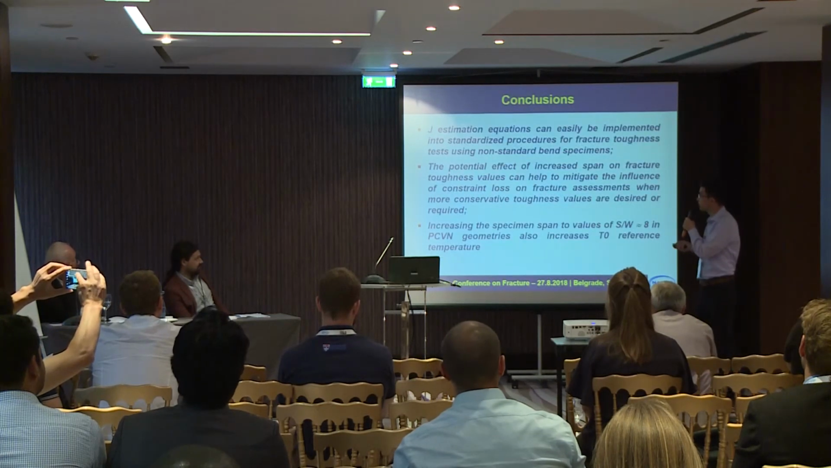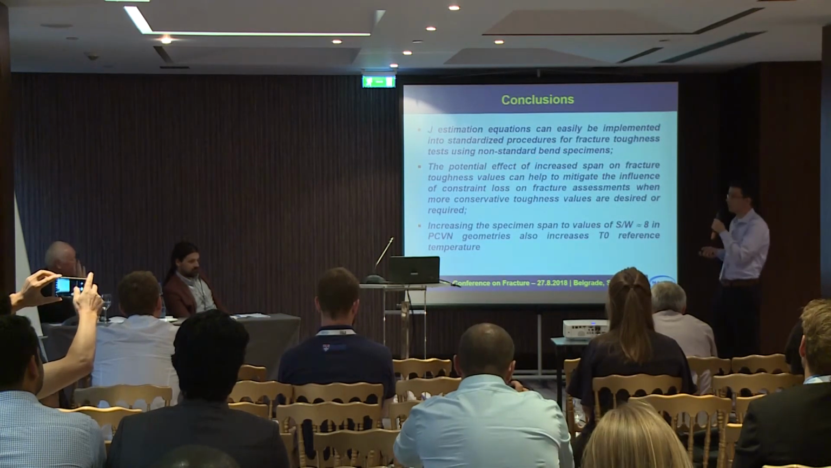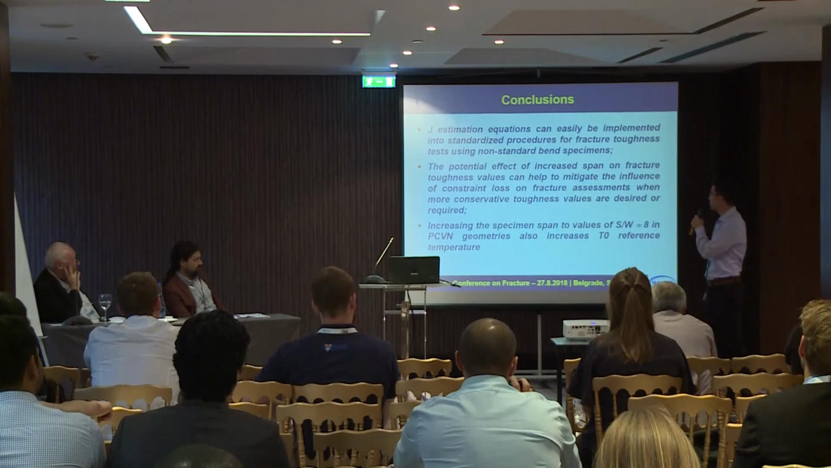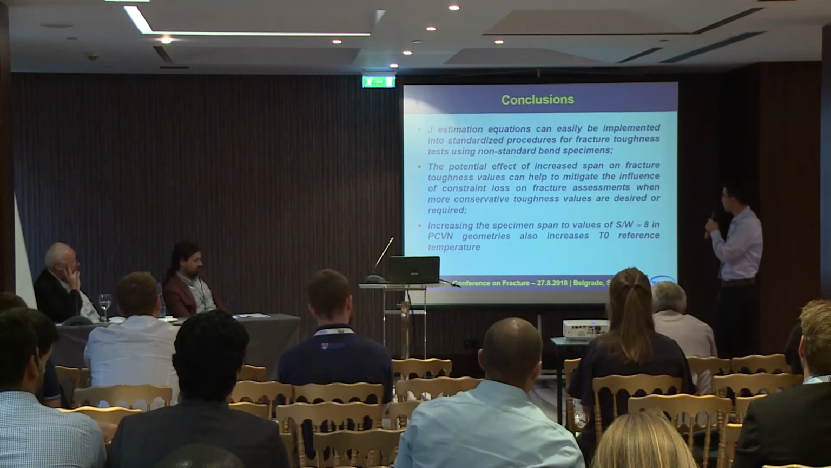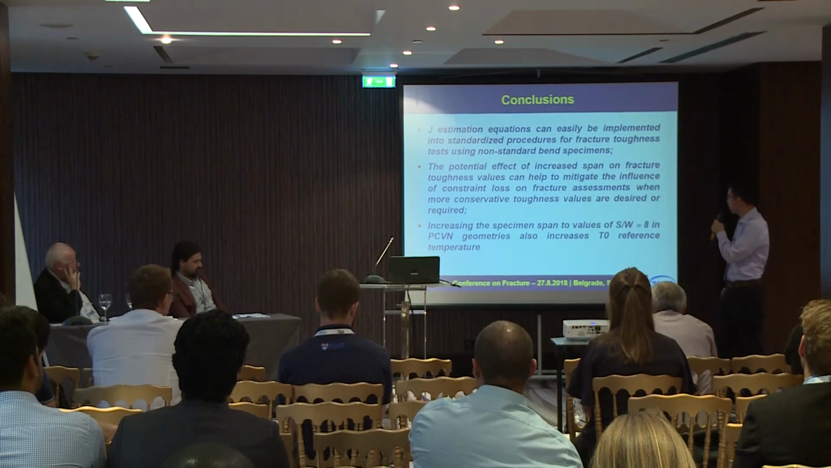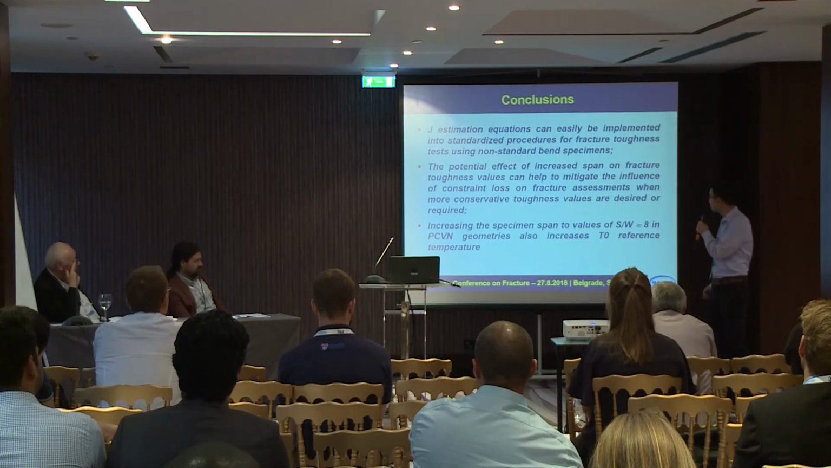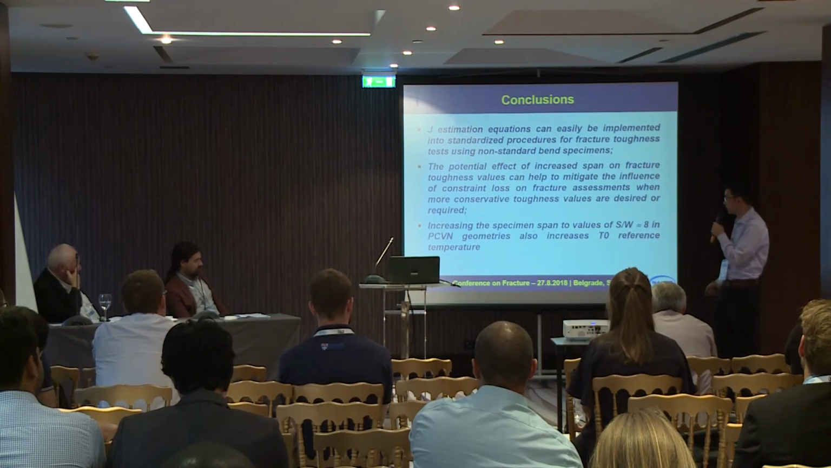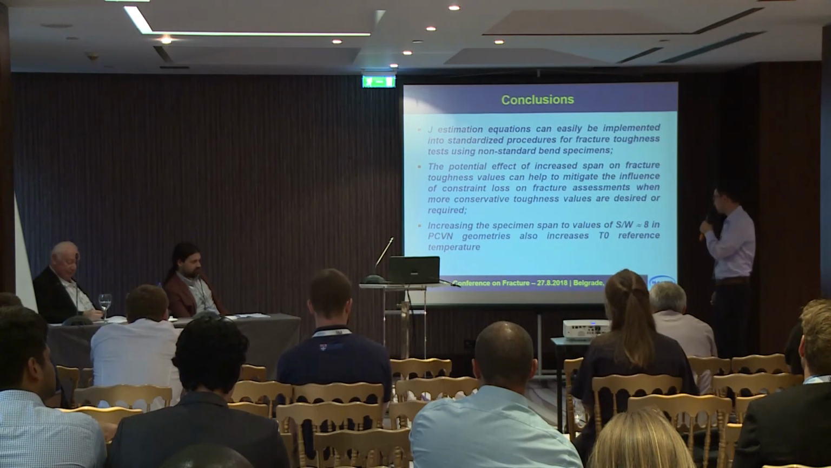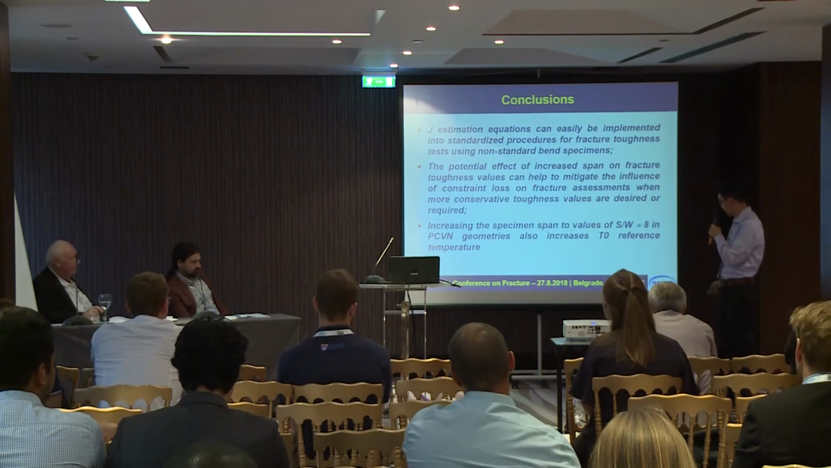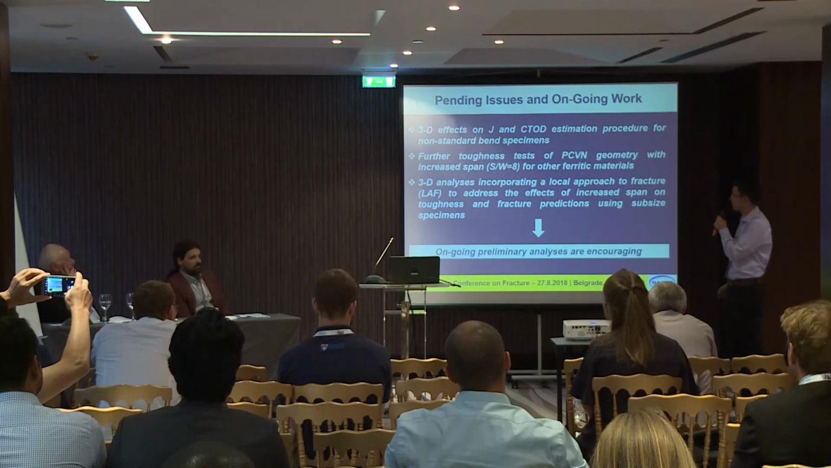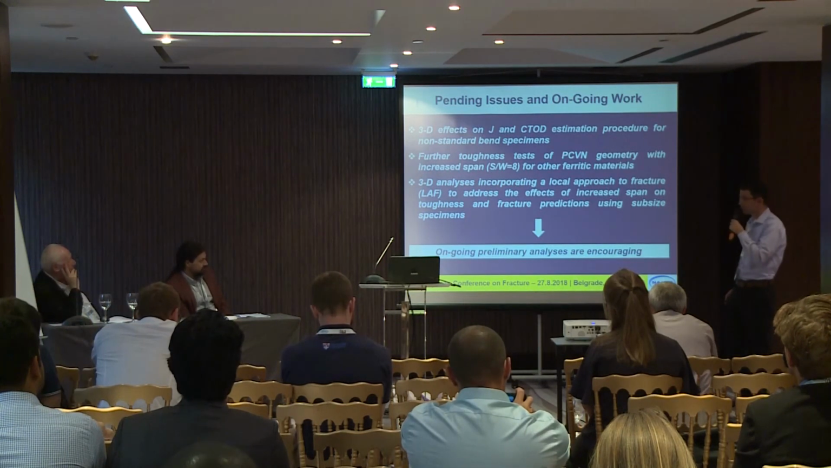So, the conclusions of this work: the J-estimation equations can easily be implemented into standardized procedures for fracture toughness tests using non-standard bend geometries. The potential effects of increased span on fracture toughness values can help to mitigate the influence of constraint loss on fracture assessments when more conservative values are desired or required. And increasing the specimen span to values of S over W equals 8 in PCVN geometries also increases the reference temperature. Pending issues and ongoing work: 3D analysis on J and CTOD estimation procedures for non-standard bend geometries,